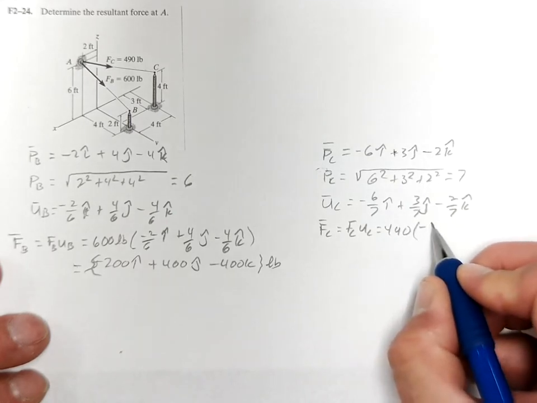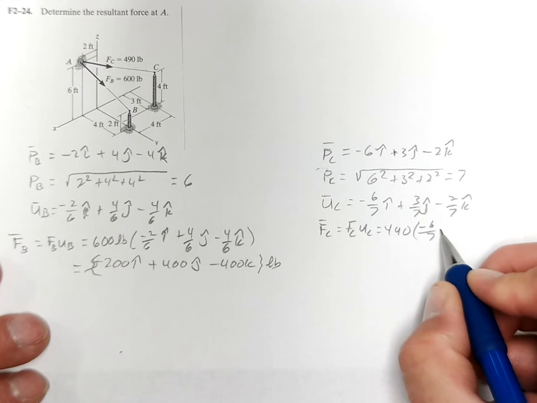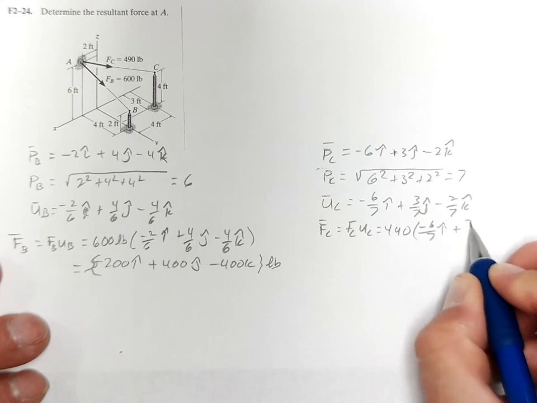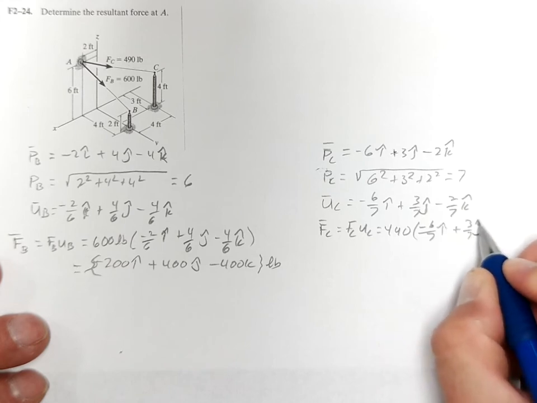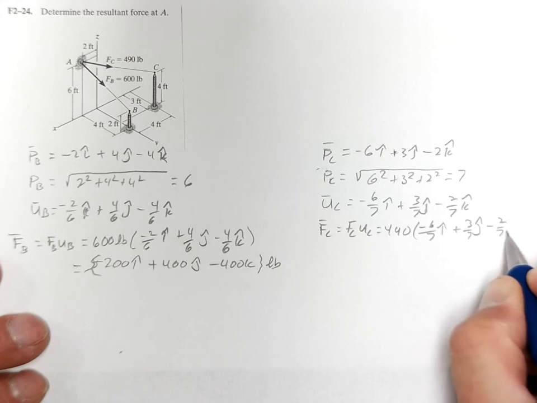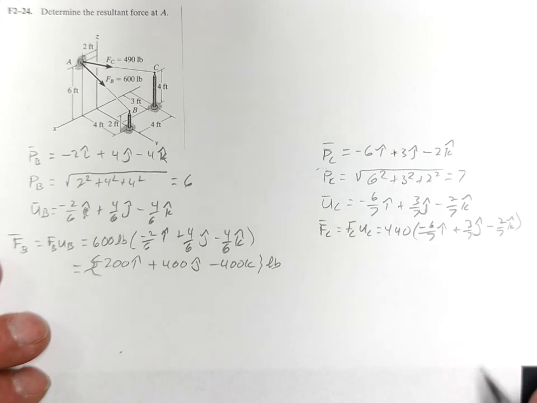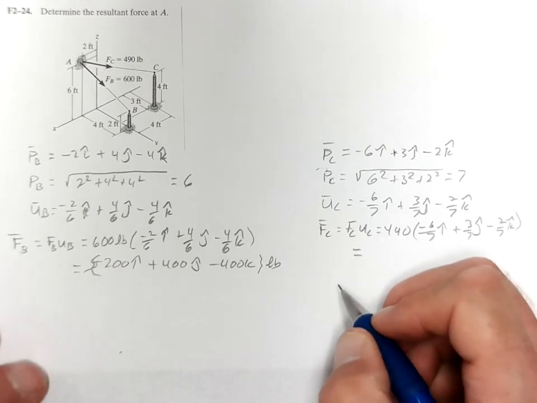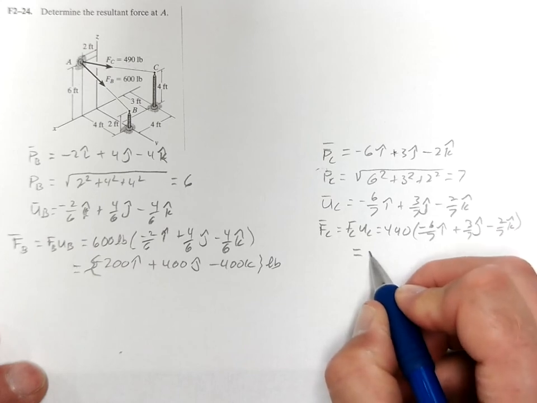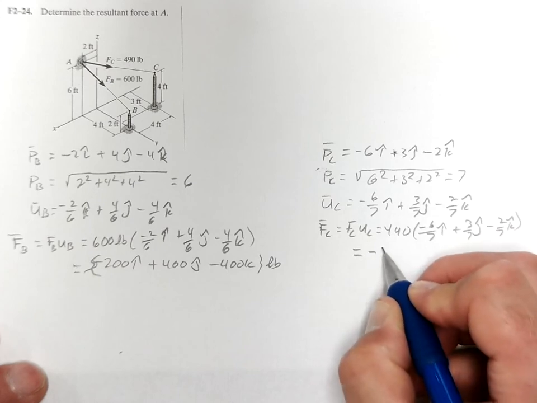Again, that's nice because it's a multiple of 7. And the force equals -420